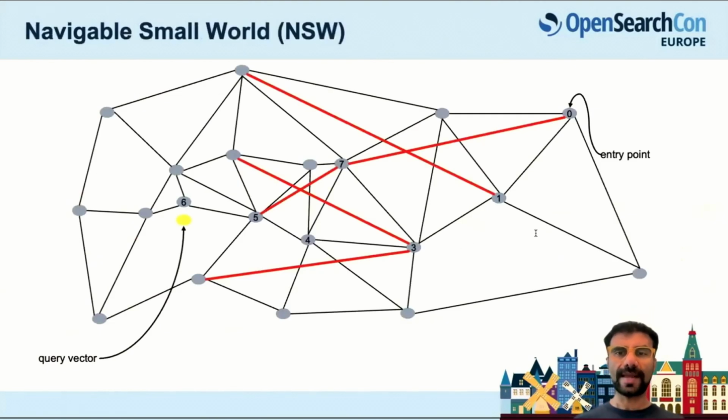OpenSearch supports two algorithms: hierarchical navigable small world, or HNSW, and inverted file, or IVF. An understanding of these algorithms will be helpful for tuning our queries. Let's start looking at navigable small world. The core idea of this algorithm is to build a graph with edges containing index vectors that are close to